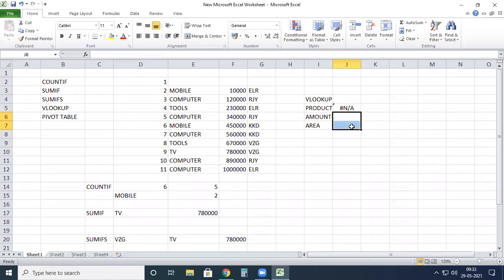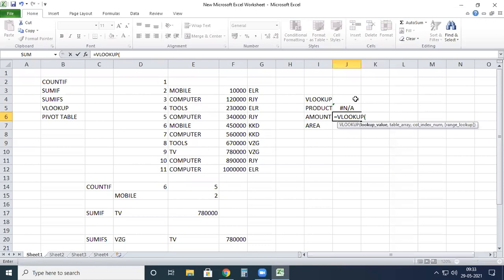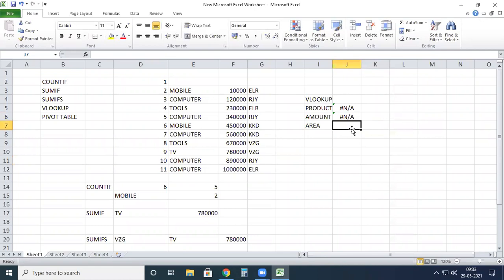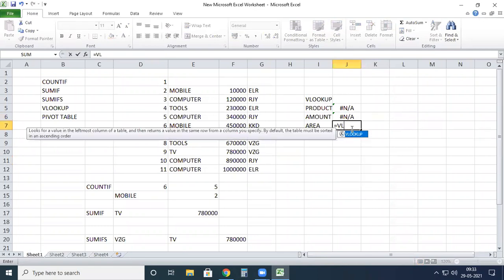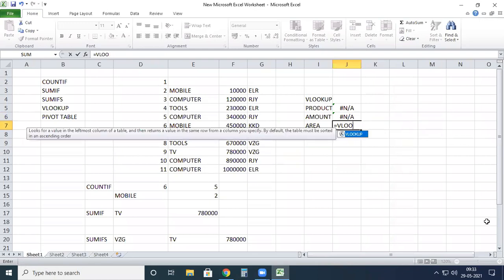Now I try to change the formula. Again, we write the formula again. So equal to VLOOKUP and open the brace. We have the start process J4. And what is the table range? So we can select like this. Okay, comma. What is our column index now? Third one. And we are giving false. So actually we were doing that wrong. If you do the practice regularly, then you easily remember all these formulas. Otherwise these types of problems occur.